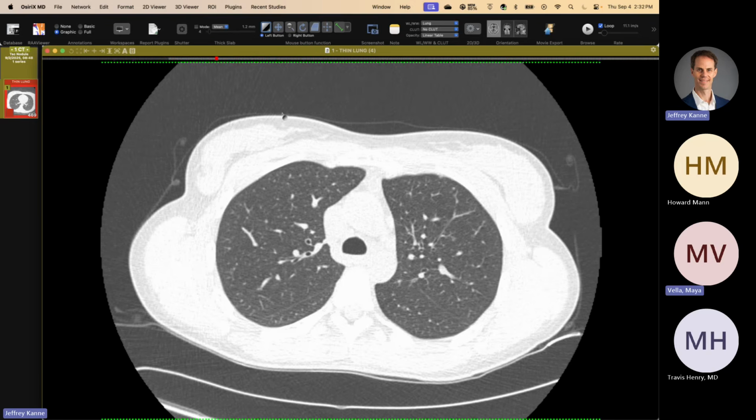Yeah. So Howard, on that hantavirus case, I meant to ask you, were there other reported cases from that same location? Was there any outbreak, or was it an isolated case? I didn't get